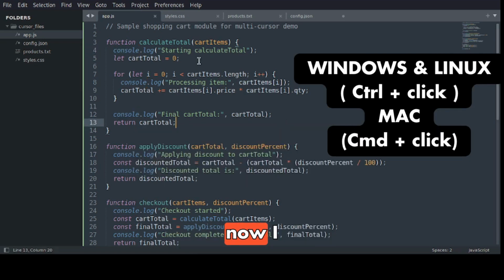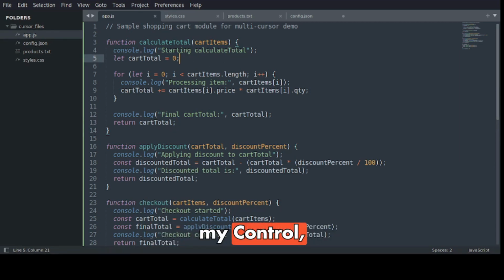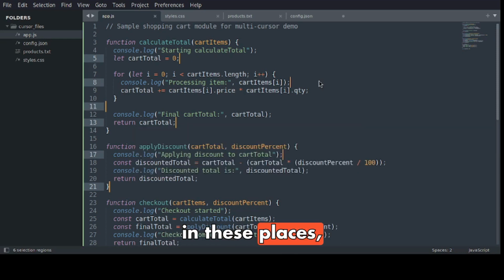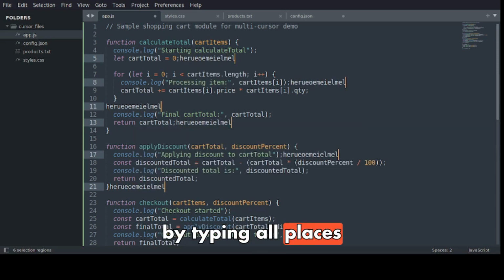Let me say, for instance, now I want my cursor to be in several places so that I can quickly write my code. I'll click on this, then I'll hold my Ctrl, and I'll click on as many places as I want to write my edits. Let me say I want to write edits in these places, then look at me type. So by typing all places where my